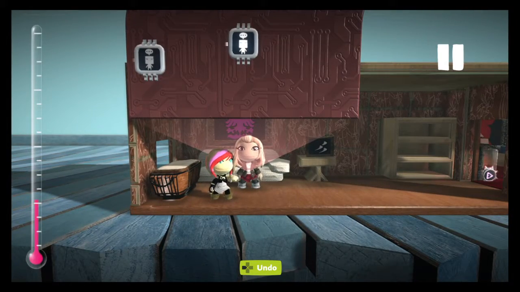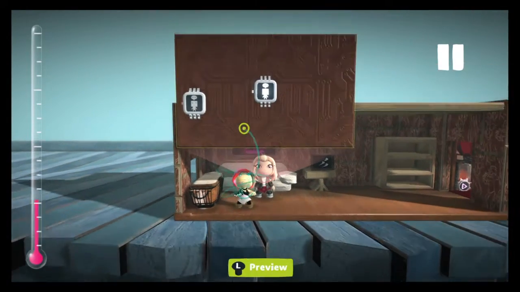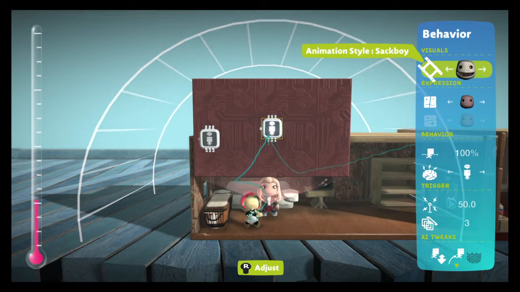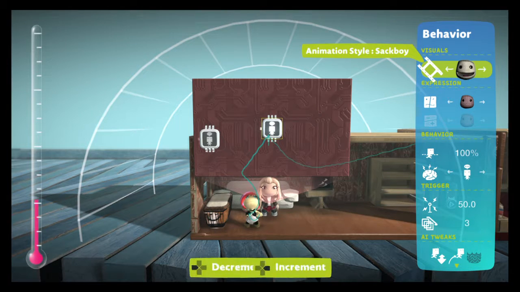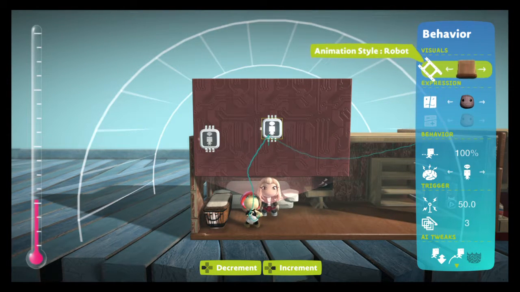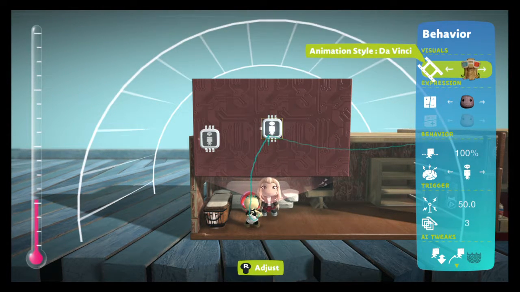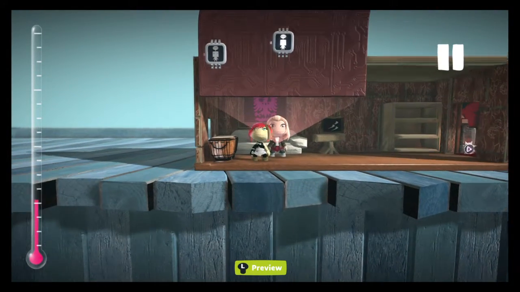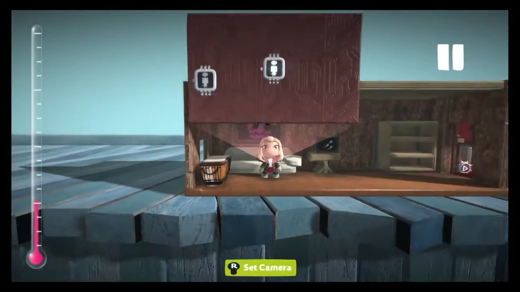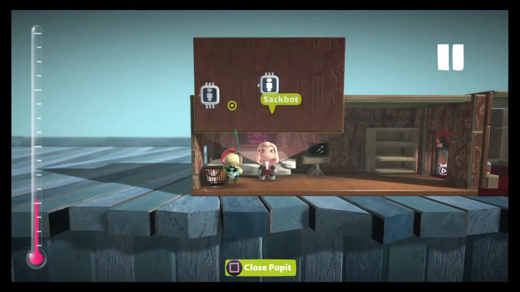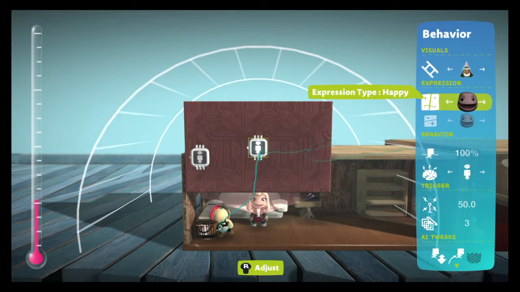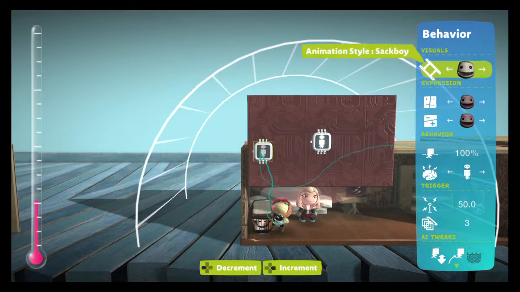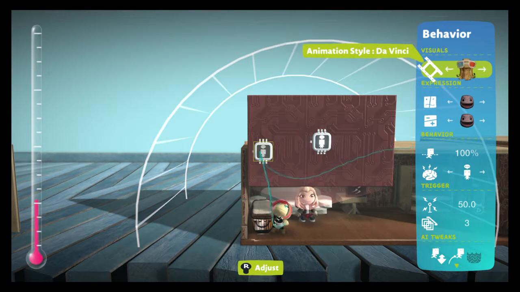Now, for these sacklings, the first thing you want to do if they're not doing anything very well is have them the way you want them. So I want an Eve, I forget the name. It's been so long, but you want Evie. You want to set them up. So if you want her to smile, let her smile. Now for this one, I'm going to have a recording of an Evie too, but